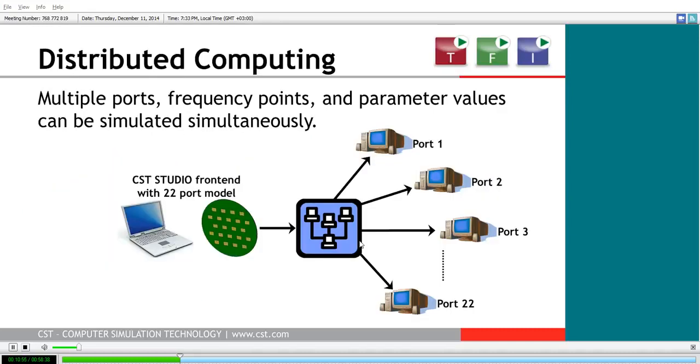Of course, if you do opt for the full S matrix option where you would excite all the ports in series, there are, of course, some performance computing options. In particular, our distributed computing capability can be very attractive to mitigate that disadvantage that you have when doing a transient analysis. In particular, you can use distributed computing to send out the ports to be solved in parallel on different compute nodes in a cluster, giving you a linear increase to compensate for the extra time it takes to